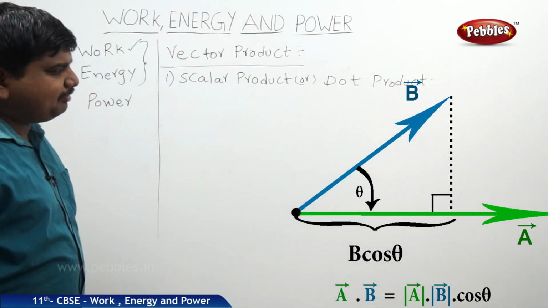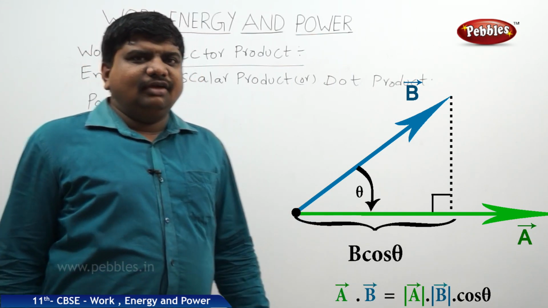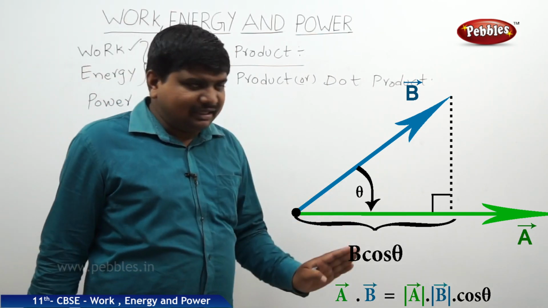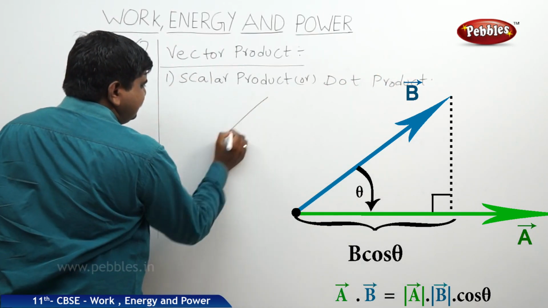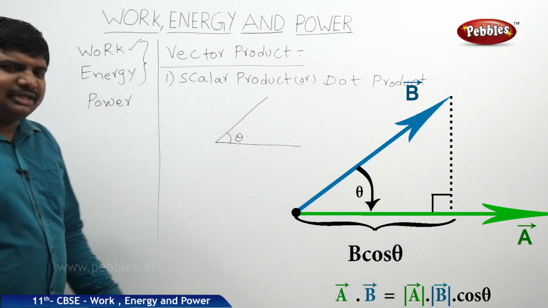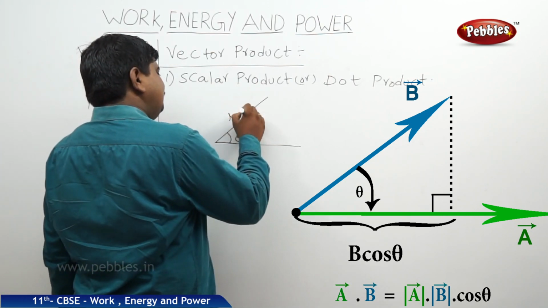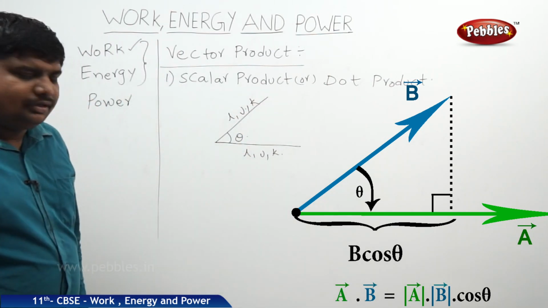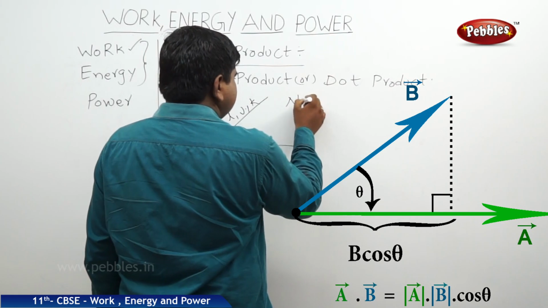Let us take two non-zero vectors while they are inclined with respect to each other by an angle theta. If we multiplied their magnitudes with the angle between them or cosine of the angle between them, that is called scalar product or dot product. So the explanation will be like this. Let us say these are the two vectors. They both are separated or subtended by an angle theta. It has some ijk values. It is also having some ijk values. These two vectors are separated like this. These two are non-zero vectors.